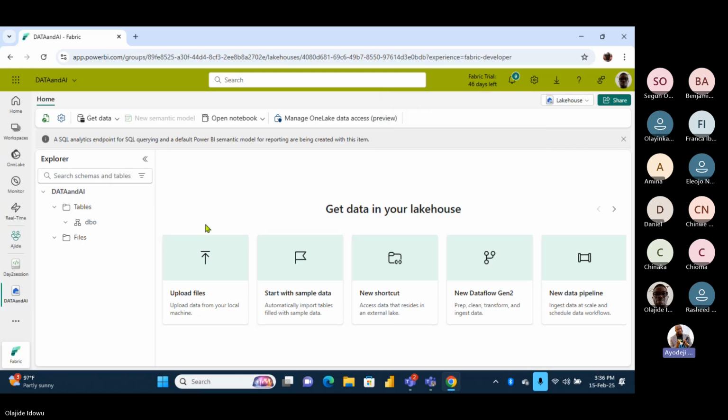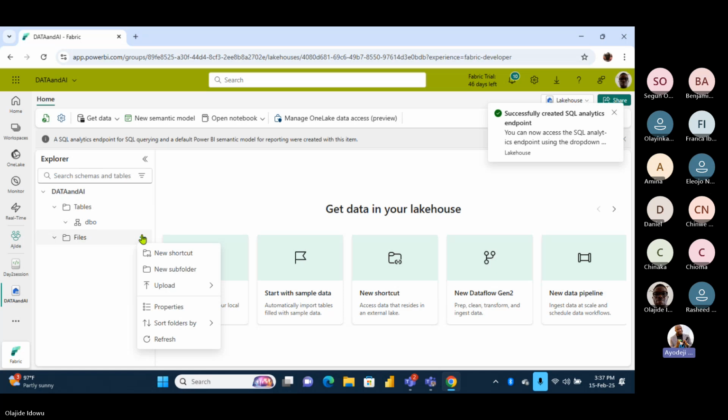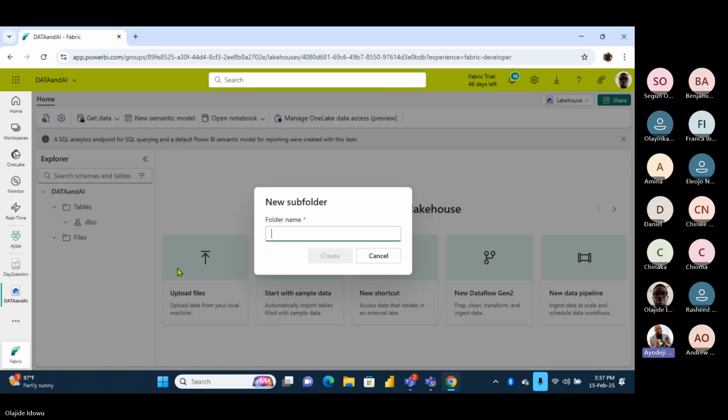Go to your lakehouse, bring the new customer into your lakehouse. Expand the files. Now your lakehouse has tables and what? And files. Expand the folder for files. When you expand, create a subfolder, please. Click on the three dots. New subfolder. So let's call it our data. Call it our data. Create it. Then go into our data.